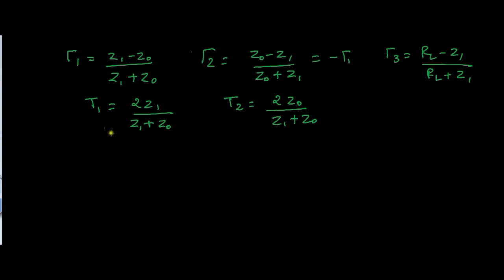So these are all the values of partial reflection coefficients 1, 2 and 3, and also transmission coefficient 1 and transmission coefficient 2. So the values of reflection coefficient 1, 2 and 3 are very clear. For those who are interested in this derivation, as I already told, you can see the link in the description for these two derivations. Okay, for now we'll accept these values, and then we'll proceed with the calculation of total